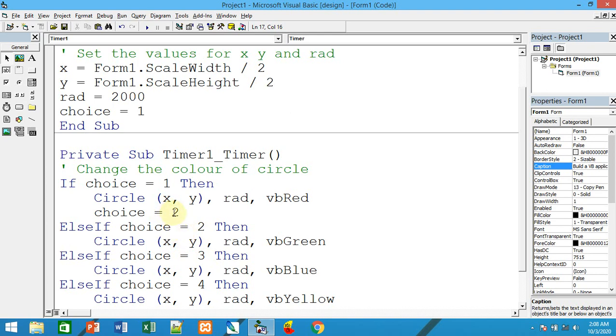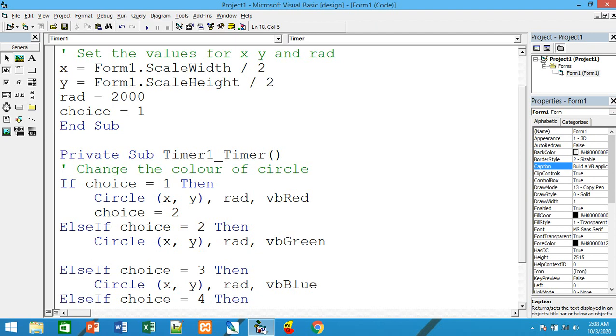Because from VB red it should turn to VB green, similarly the choice value should be turned from 1 to 2, isn't it? Similarly, when choice is equal to 2, the circle will be displayed with VB green. Then you need to change the value of choice from 2 to 3.